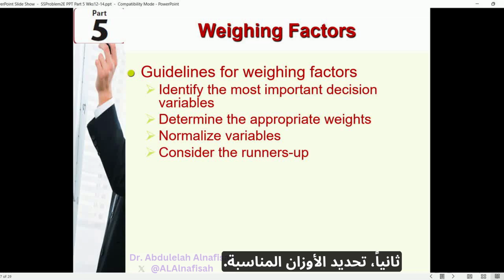2. Determine the appropriate weights. Once you've identified the key variables, the next step is to assign appropriate weights to each one. Weights are numerical values that reflect the relative importance of each variable in relation to the decision being made. For example, if travel time is deemed the most crucial factor, it might receive a weight of 50. The next priorities, activity level and weather, could each have a weight of 20, while meeting facilities might be assigned